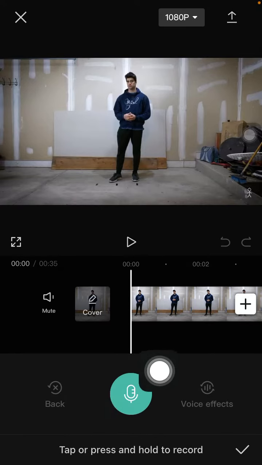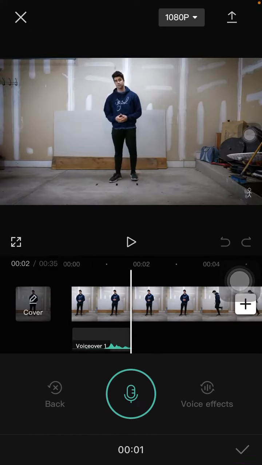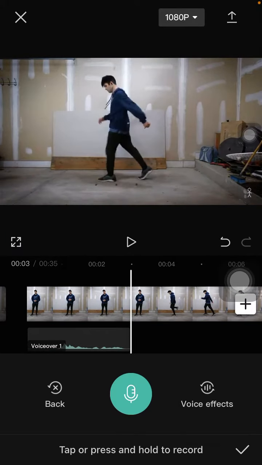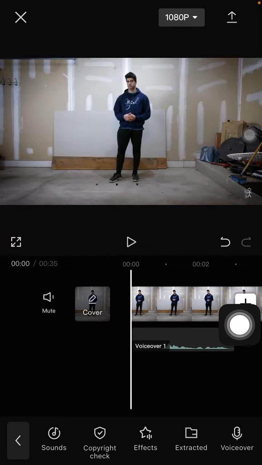Just press and hold to record. For example, hey guys, and welcome back to this channel. Click check mark after you're done, and you can select voice effect to add the effect to your voice. Just click check mark and just listen to your recording. Yeah, just listen. You record it,